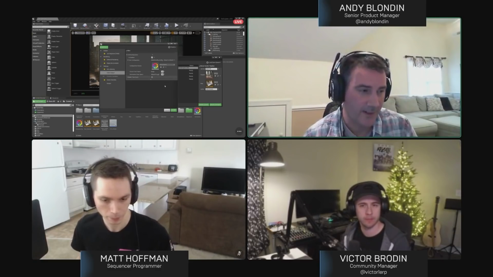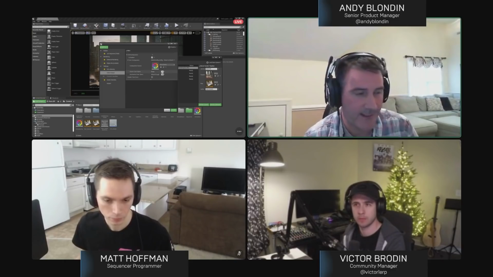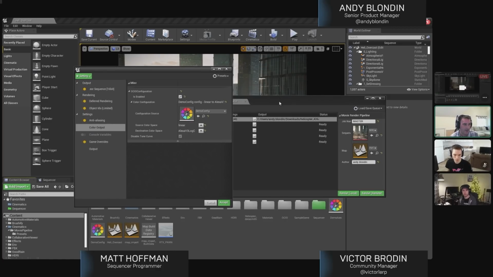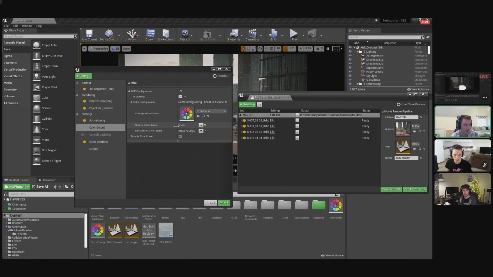Yeah, I think if you have my screen, I don't have it fully set up to show. I can show that I have an OCIO config here, and you can have linear sRGB as the source color space, and then from one of the OCIO configs, you would want to output as linear, just as this is here, and that would do the conversion for you. But I've only added a couple of these in. It might be a good time for me to show a little bit of that too.